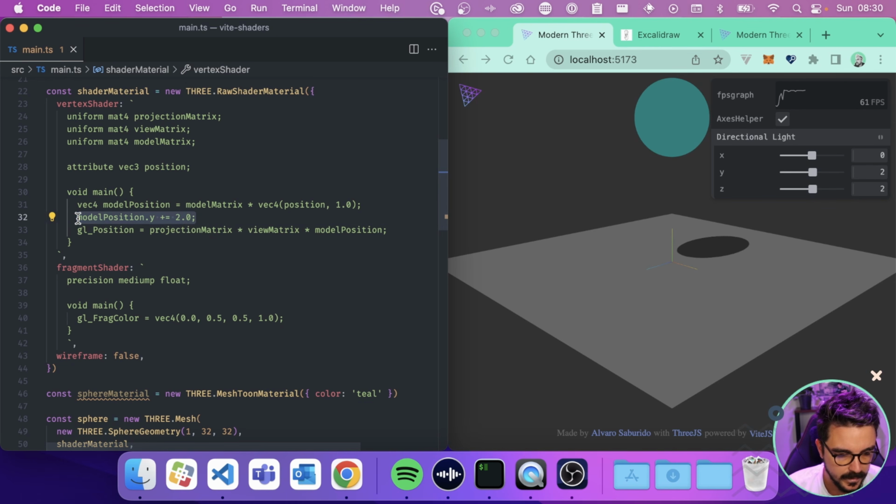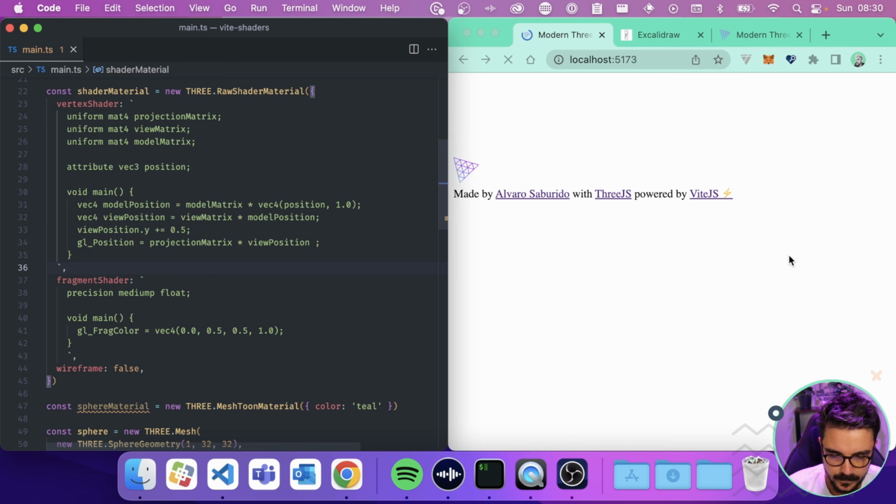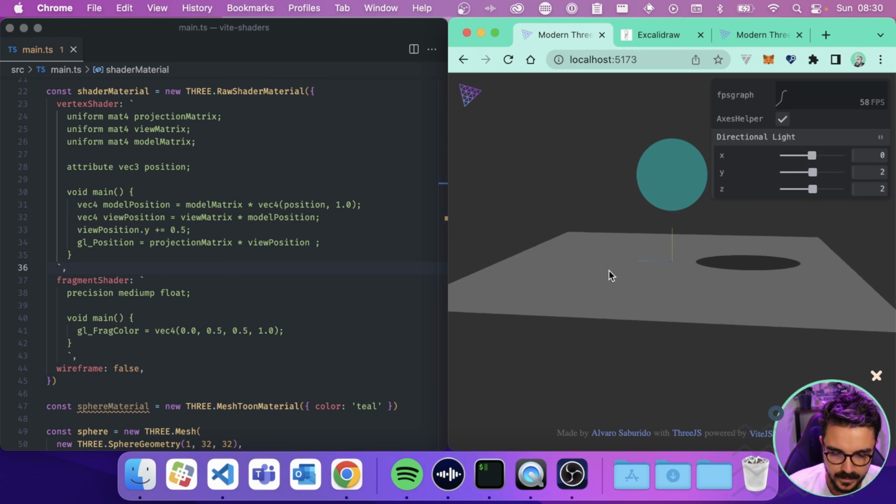Like this. We can also change the view position. So the view position is basically the view matrix, and it's gonna be multiplied by the model position. So in the final one, let's change this for view position, okay? So if we change the view position, and let's say we change it on the Y again, you're gonna see that it changed, but it changed because of the camera, okay?